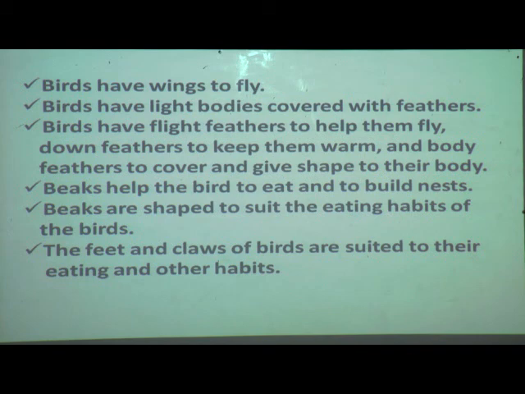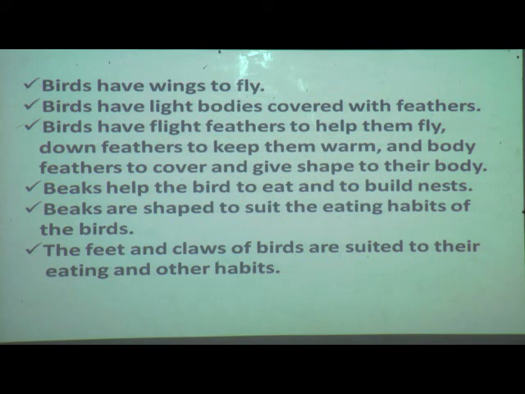Beaks help the birds to eat and to build the nest. Beaks are shaped to suit the eating habits of the birds. And the feet and claws of birds are suited to their eating and other habits.